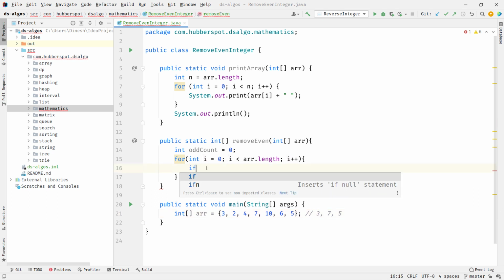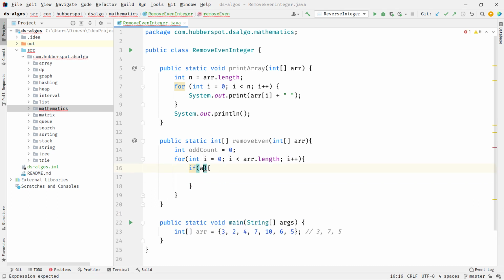So if array[i] mod 2 is not equal to 0, it means it's an odd integer. 3 divided by 2 will give remainder 1, and 1 is not equal to 0, so it's an odd integer. This modulus operator is helpful in determining the remainder. So we simply increment oddCount, and if it is an even integer, we simply skip.